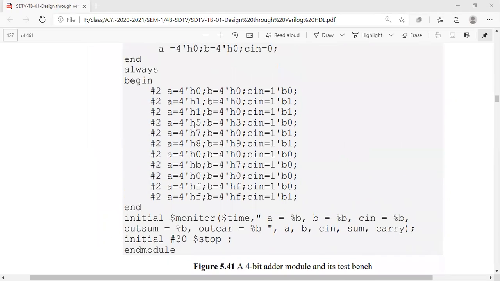So you know how to give the inputs. A is a 4-bit hexadecimal number. If I write only a single 0, it automatically takes 4 bits as zeros, right? That means for B also it's a 4-bit hexadecimal 0, and the C input is binary, so we have to give either a 0 or 1, a single bit.